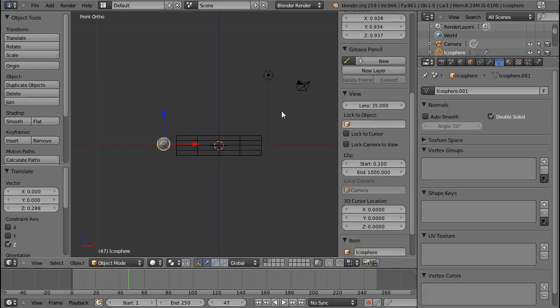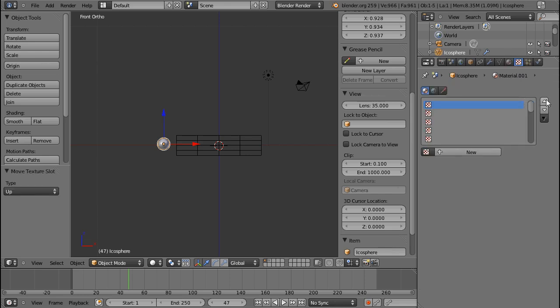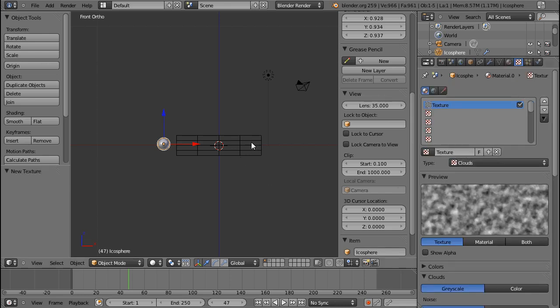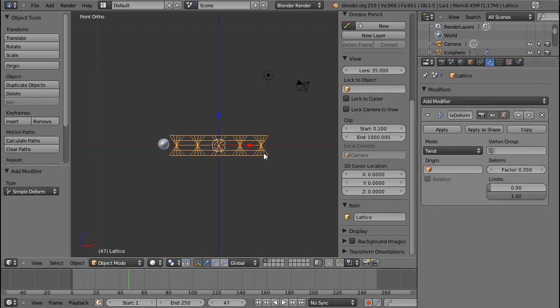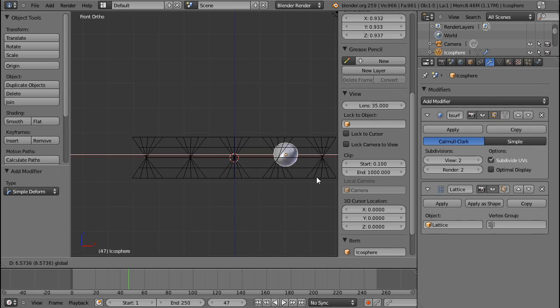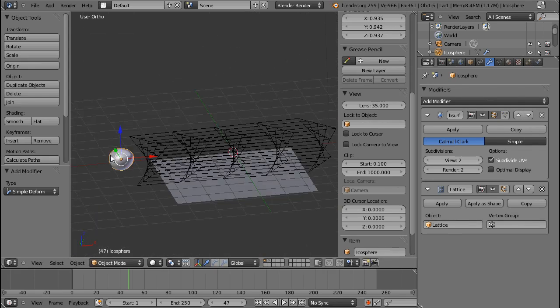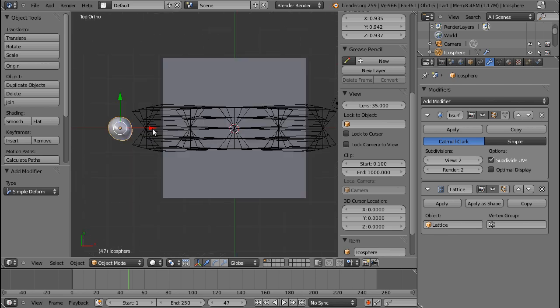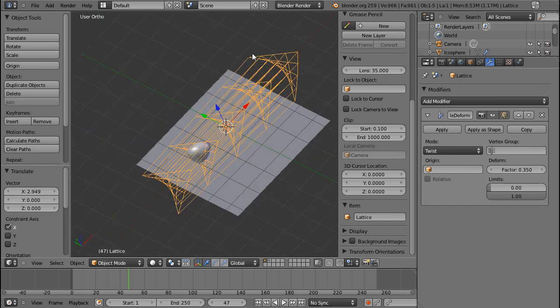And if I then just create a material and create a new texture, clouds, and then add a Displace Modifier. No Displace Modifier, that's a pity. Okay, then let's just say Simple Deform Modifier. Let's see what happens. There we go. If I now move the sphere through this lattice object,